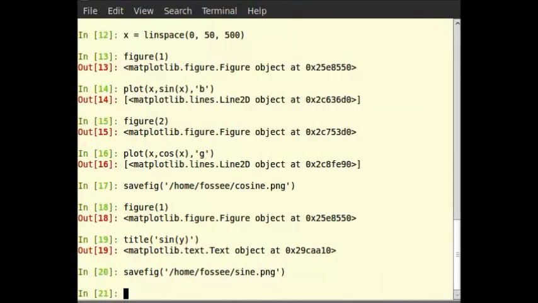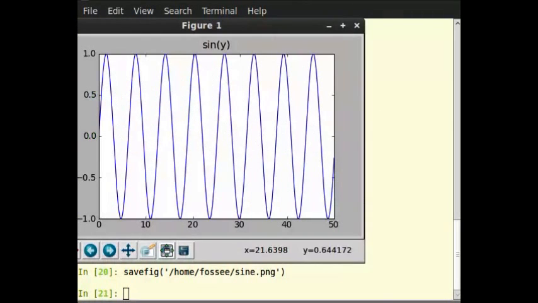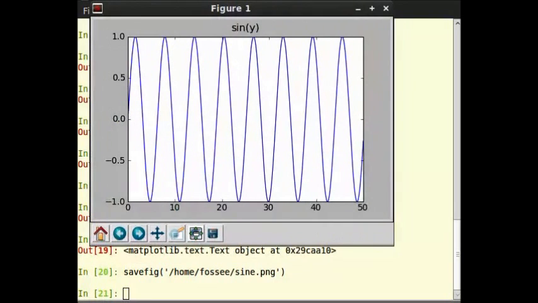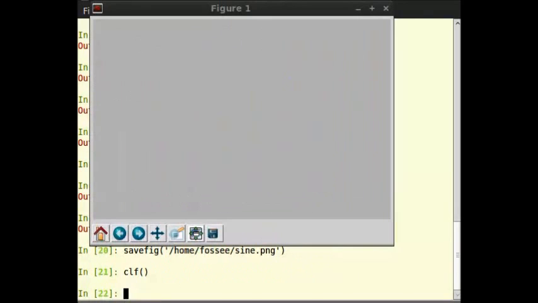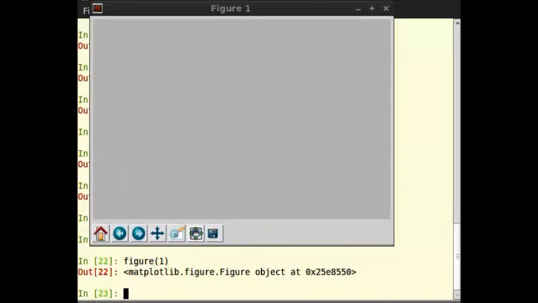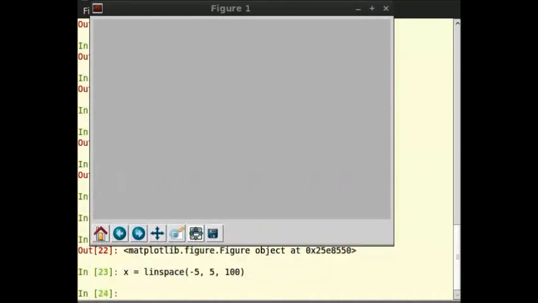To solve this problem, we should first create the first figure using the figure command. Before that, let us first run clf command to make sure all the previous plots are cleared. Then type clf, then type figure 1, then type x is equal to linspace within brackets minus 5 comma 5 comma 500, then plot x comma x.